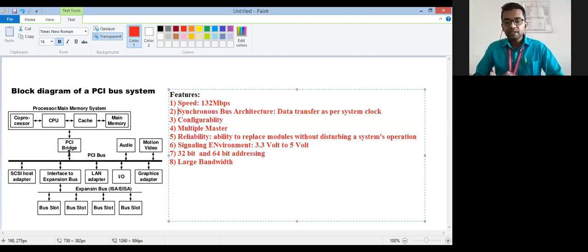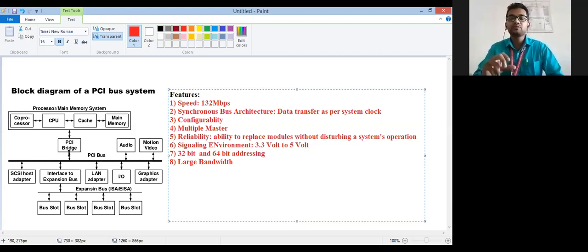Main advantages, you know that it has a higher data rate, external devices can be connected, it has scalable performance, many devices can be connected to the PCI bus, and it has advanced quality of service. So all these features and advantages of PCI bus are there. But PCI X bus is also designed. Now what is the PCI X bus? PCI X is an idea to increase the maximum transfer rate by running at up to 4 times the clock speed, beyond the maximum rate achievable by your normal PCI bus.